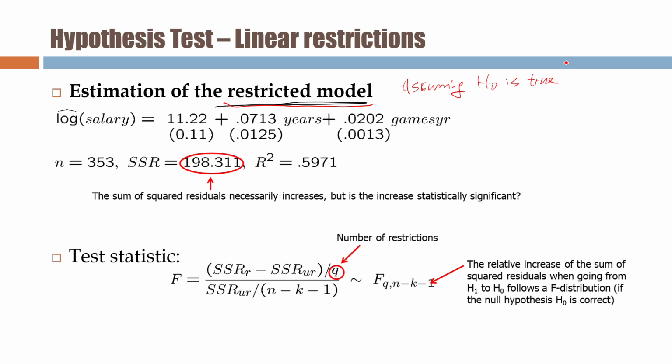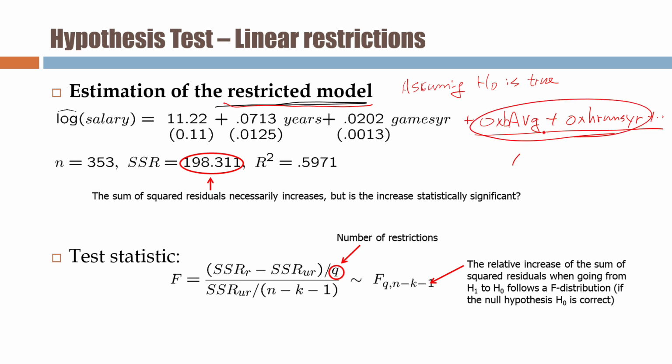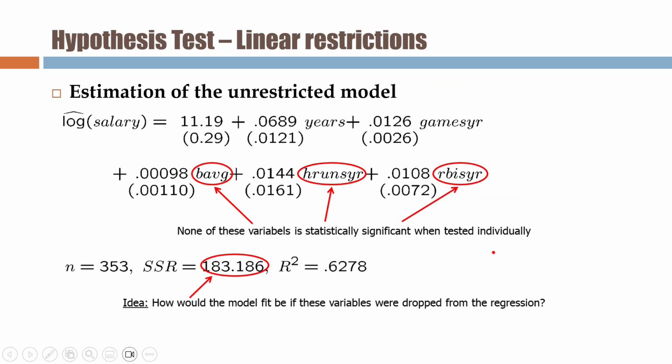If beta 2, beta 3, beta 4, beta 5 are all 0, then we should get rid of them, right? This is 0 times batting average, plus 0 times home run, years and so on. Because it's multiplying by 0, all of them are gone, right? And then this model is what we call the restricted model, and UR is the unrestricted model. Unrestricted model means we don't restrict anything. This is the unrestricted model,